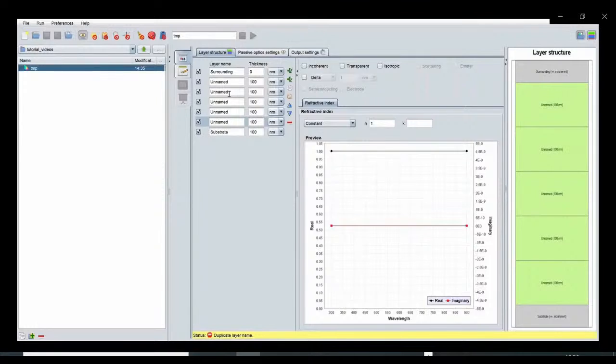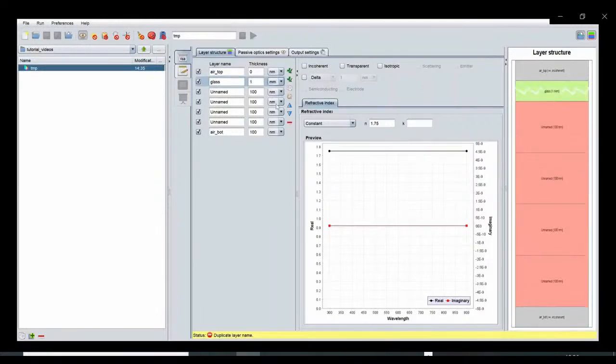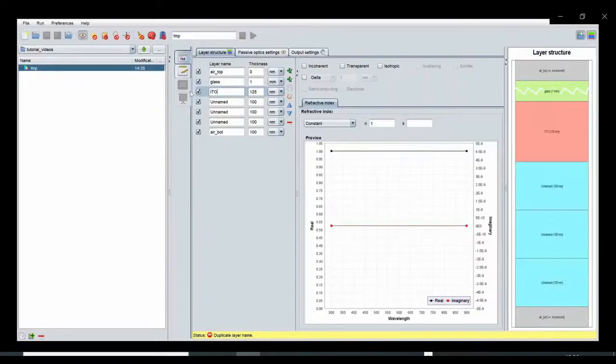Then the first and last layers act as a coherent surrounding medium, for which I choose air on top and bottom. For these layers, we do not have to specify the thickness. The next layer from the top is the glass substrate, for which a thickness of 1 millimeter is chosen. This is followed by 125 nanometer of ITO as a front electrode,